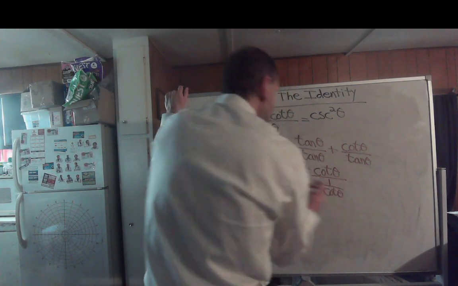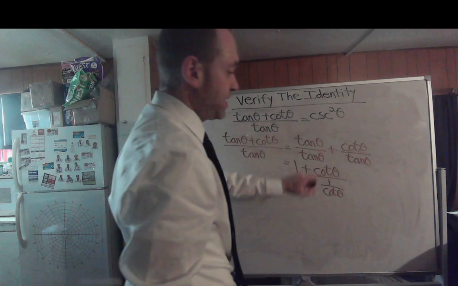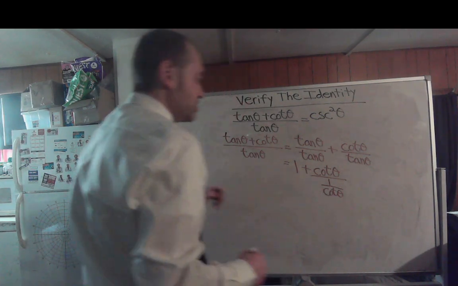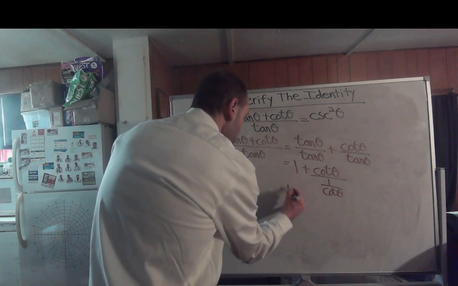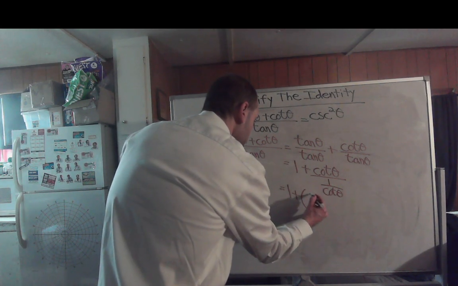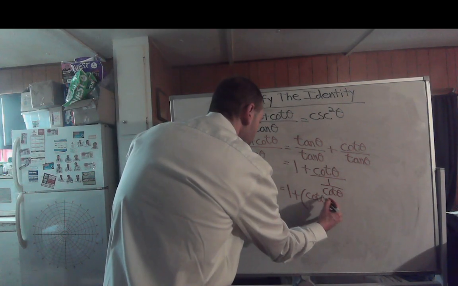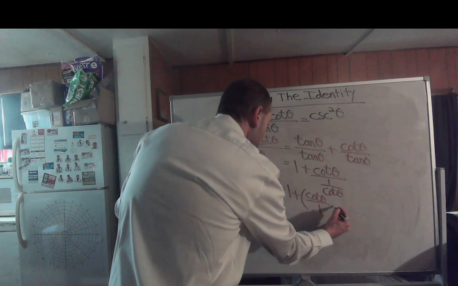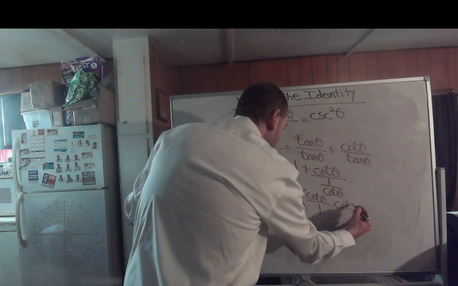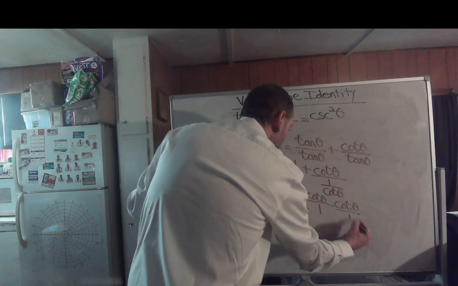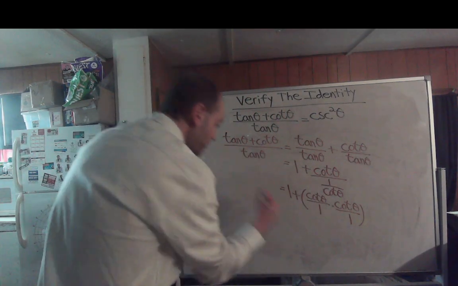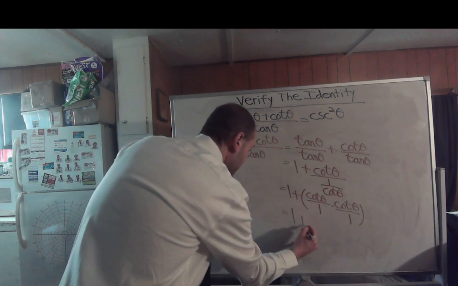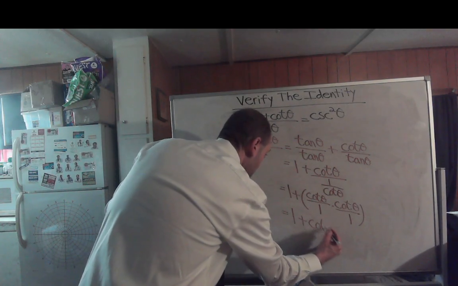So this would end up becoming 1 plus cotangent of theta all over 1 over cotangent of theta, which would be 1 plus the cotangent of theta times the cotangent of theta all over 1, which equals 1 plus the cotangent squared of theta,